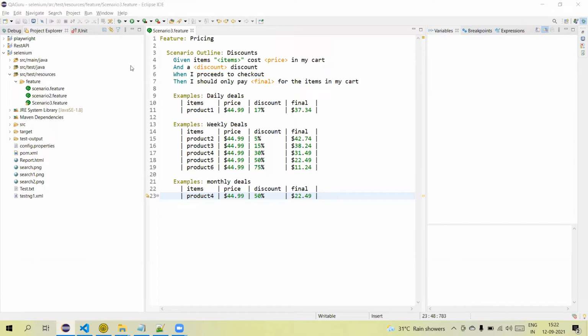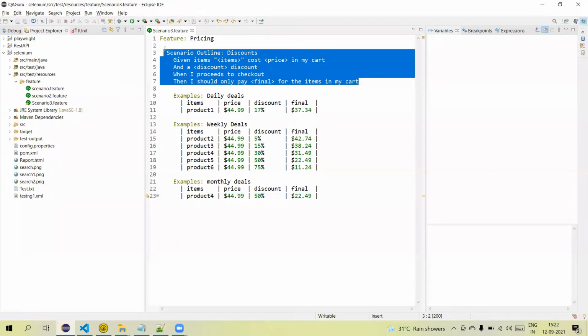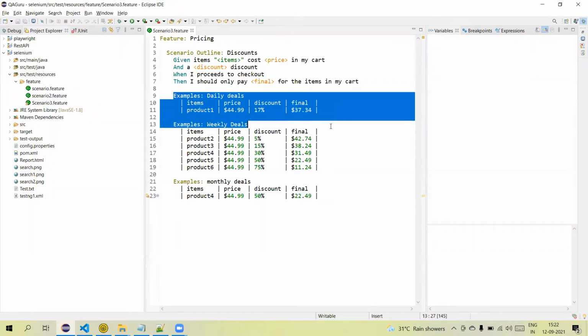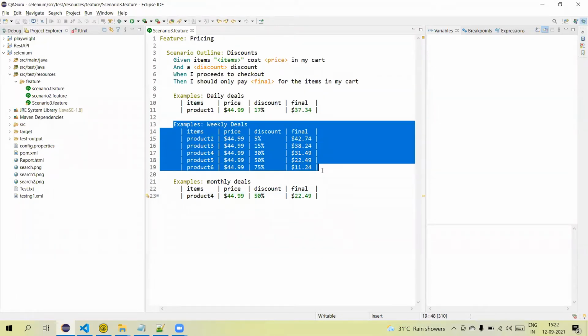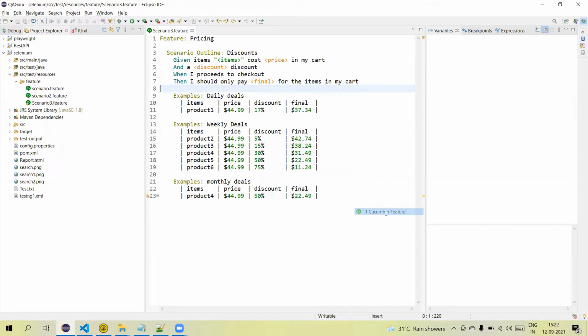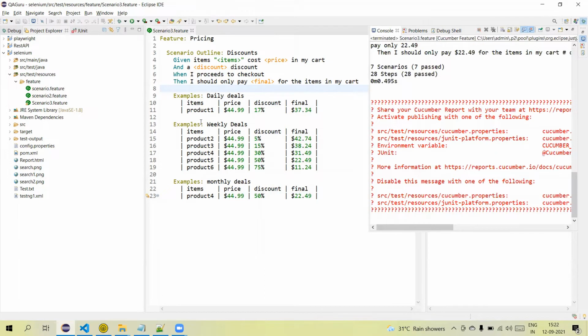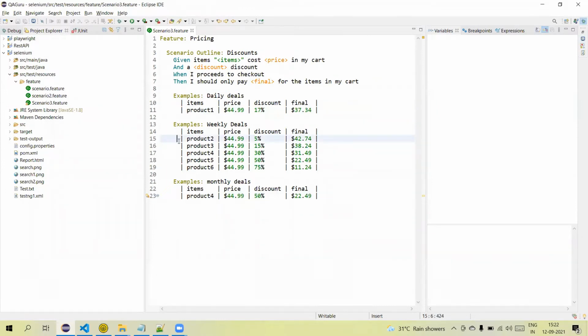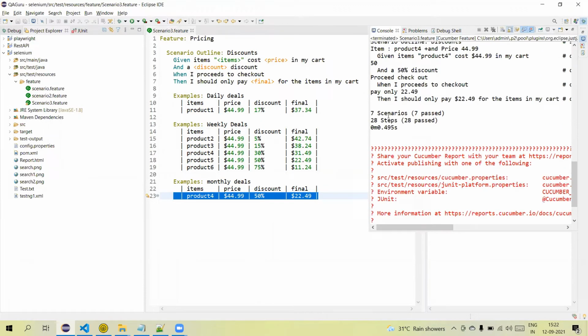Here you can see I have one scenario outline. This contains three example tables of data. Now, if I directly run this feature file, you will see this will run with all seven sets of data: one test data, five test data we have here, and here is one set of data. So by default, it will pick the data from each and every example table given here. You can see this is executed 7 times, 7 scenarios, and all 7 passed.